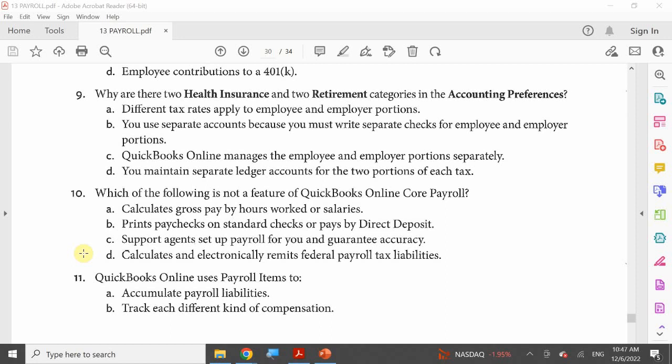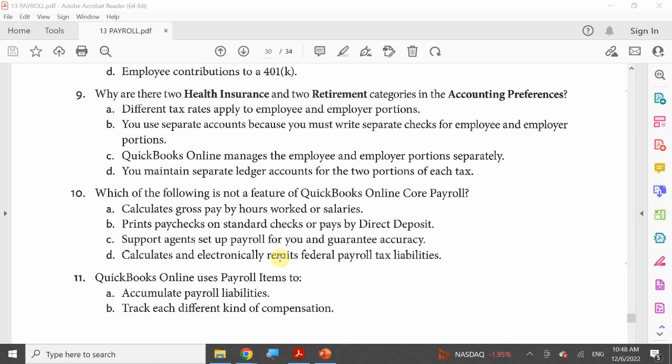one of the features is, unfortunately, a feature for the premium one. You get a professional accountant to set up the payroll for you, and you have the ability to have that professional tax agent manually help you process your payroll. So in this case, this is a feature for a different subscription. It's asking for just the core subscription. Okay, so that's why letter C would be the correct answer, because it doesn't give you that option, right? The bare minimum for core is to help you process payroll,